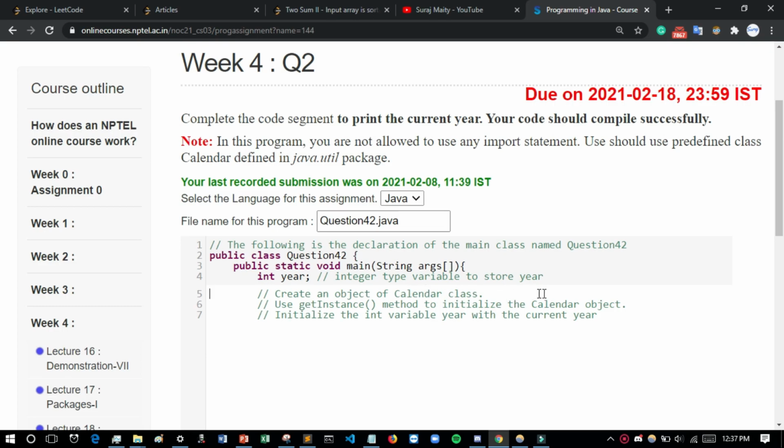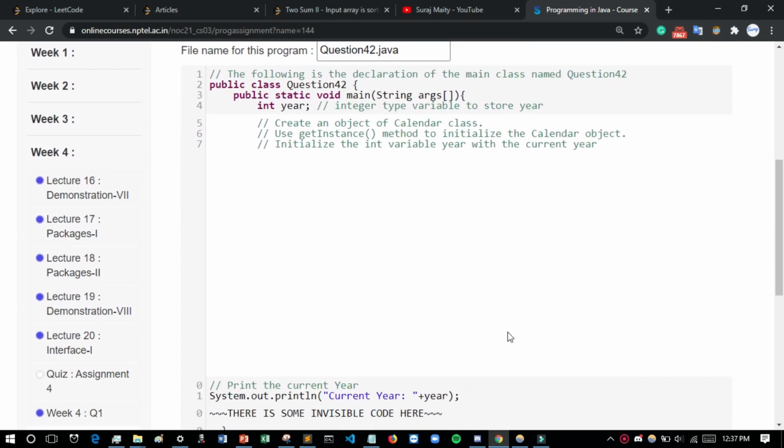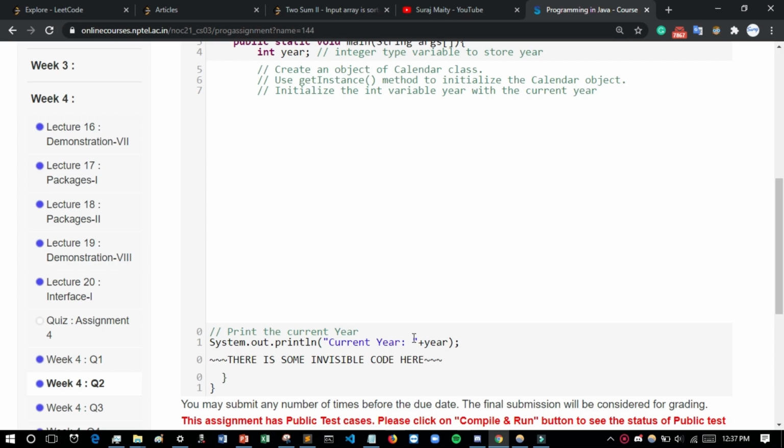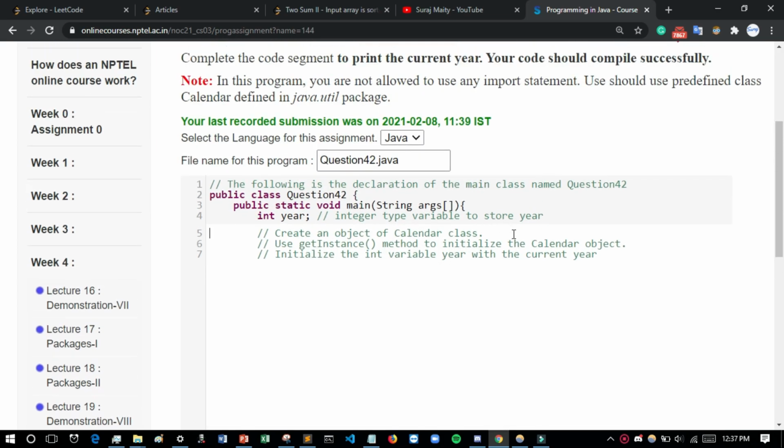Then I want to create this. So let's see what is written here, current year plus year. Now I want to write this here: create an object of Calendar. So I want to create an object of type Calendar, java.util.Calendar, and suppose I give its name as cal.